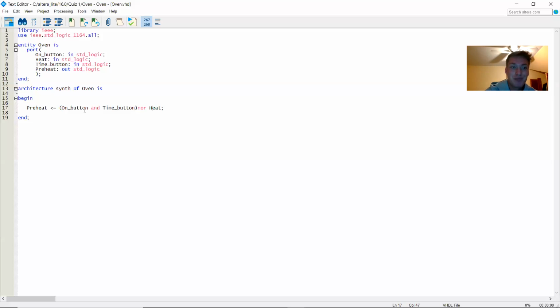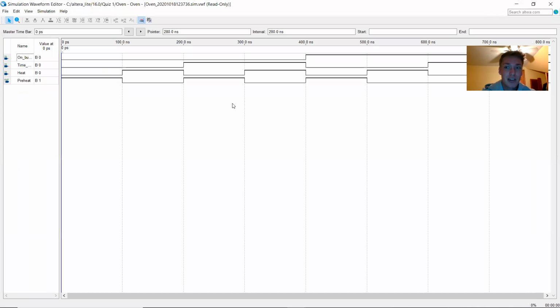And it was on and time have to be on at the same time, or the heat. So that's why we have this in parentheses right here, because it was that and that, or heat. And then the NOR is just there instead of putting a not in front of the whole thing. Then we end that,